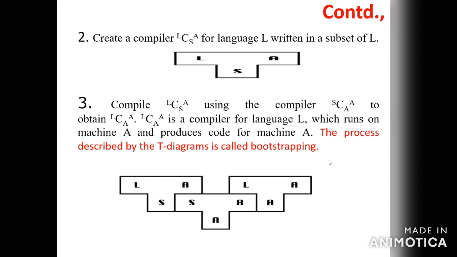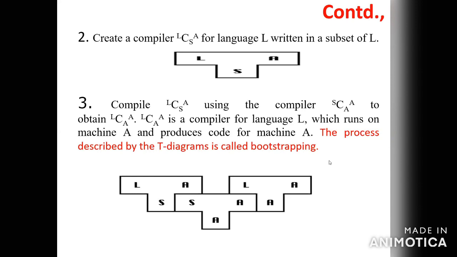So here you can check. First you have to write the compiler, the Lex compiler, on one machine. After that, you have to execute cc lex.yy.c using the C compiler. So what is the output? Finally, the output you get is tokens. So this is nothing but a cross compiler.